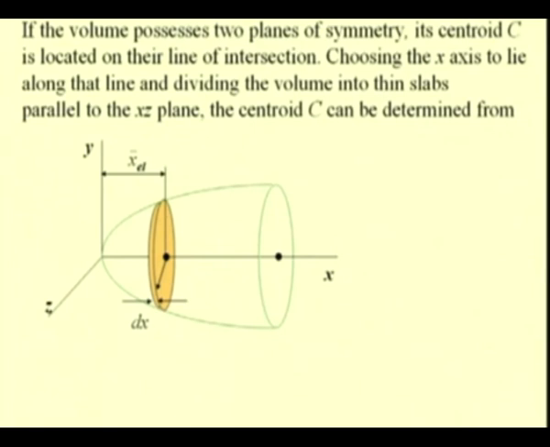The location of the centroid for this thin slab is the x coordinate of this element, that is, x bar element is the x coordinate of this element, and the volume of this element dV can be determined from the geometry,